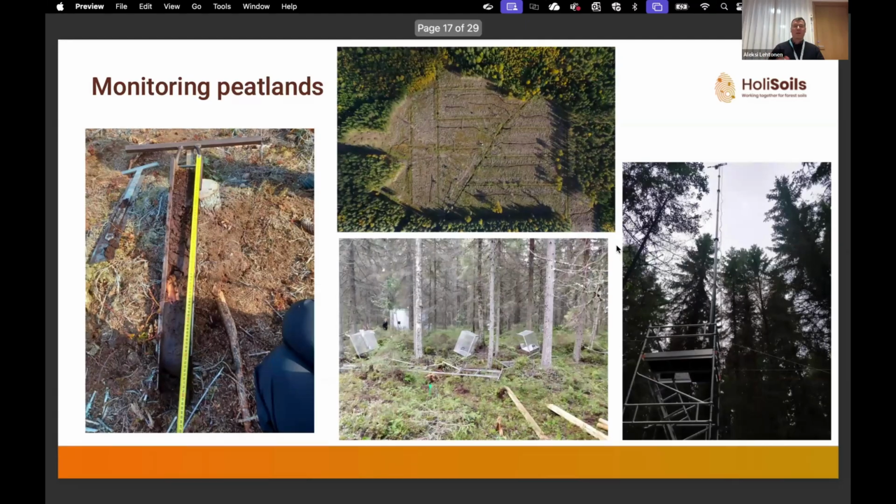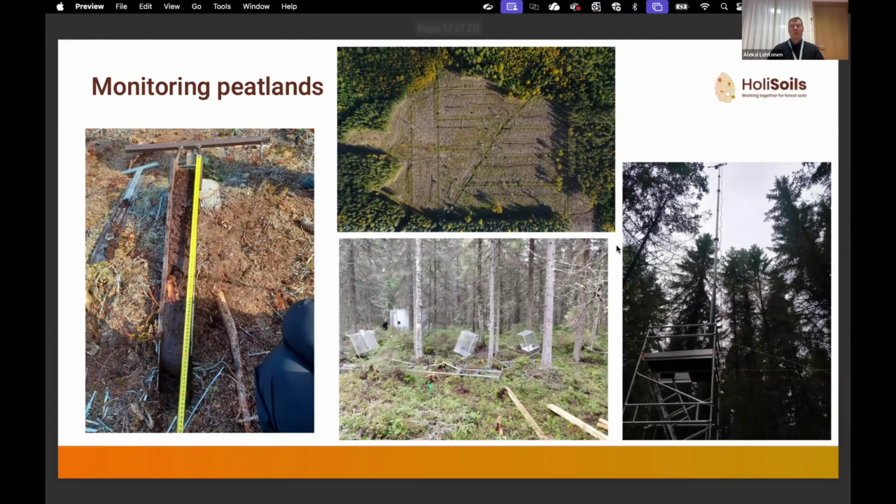And about these methods of measuring, here on the left is a figure where we have been taking a sample from the peat layers down to 1 meter, which in some cases is all of the peat layer. In some cases that's just a fraction of that. And with the high spatial variability in peat properties, repeated sampling is really challenging.